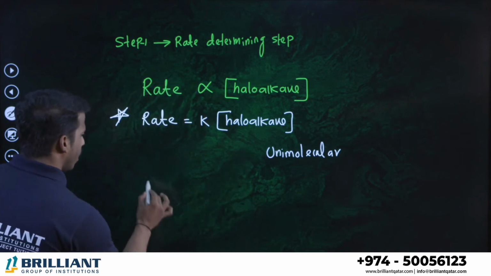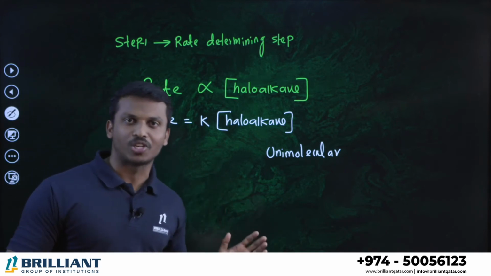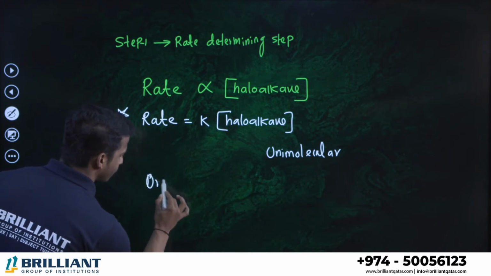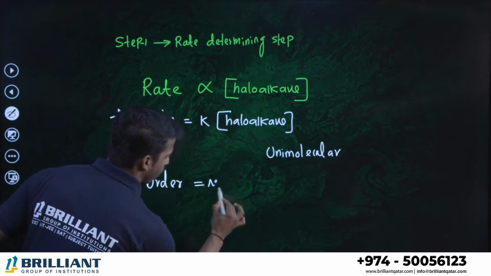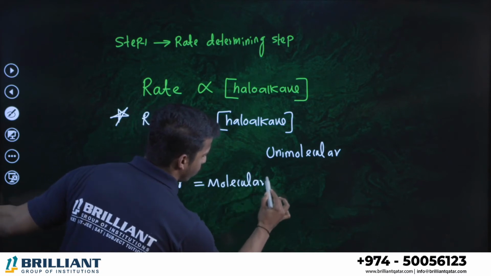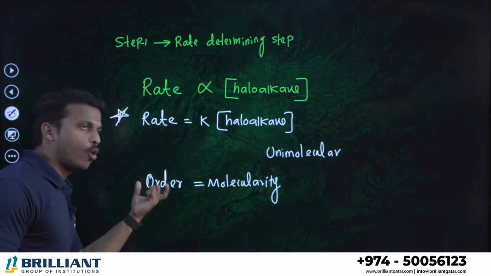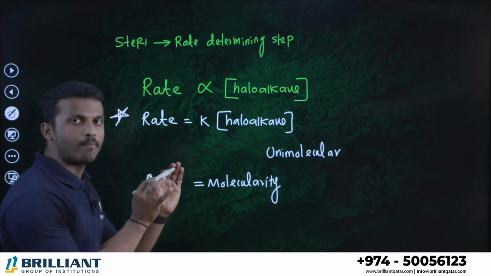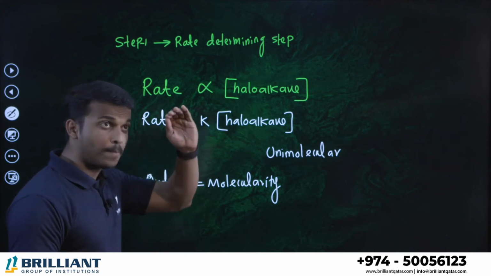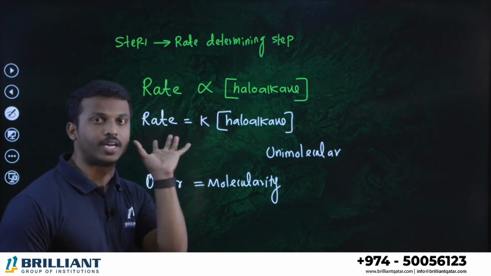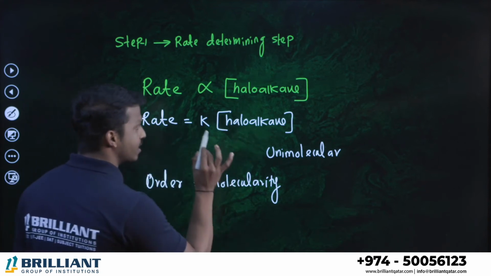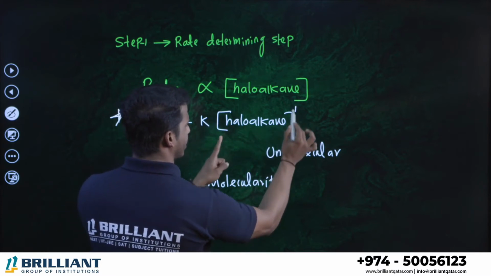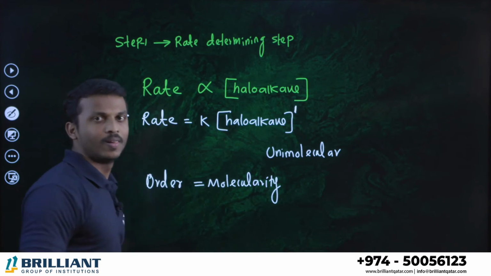Clear? One more thing. You will study in detail what rate and rate equation are in the chapter chemical kinetics. Before that, here are the order and molecularity. Let me tell you what is meant by order and molecularity. Order of a reaction is the sum of the powers of the concentration terms in this equation. This is the concentration term. What is the power here? 1. Only one species.